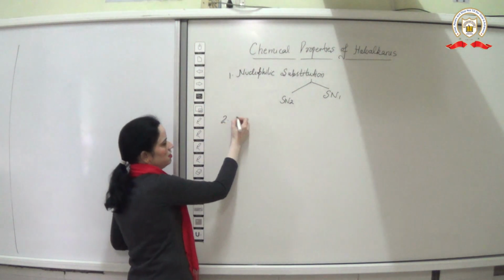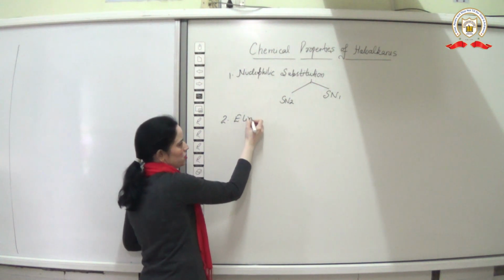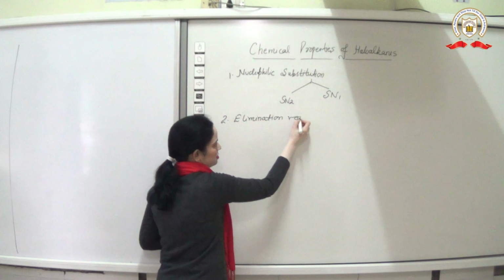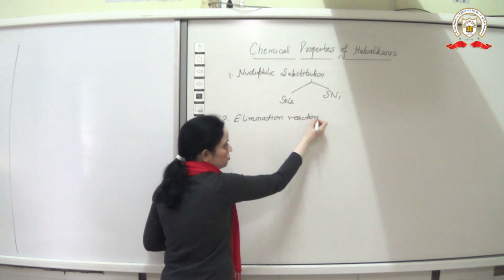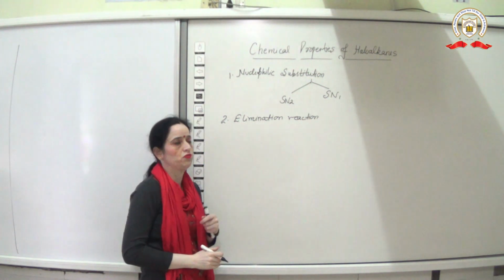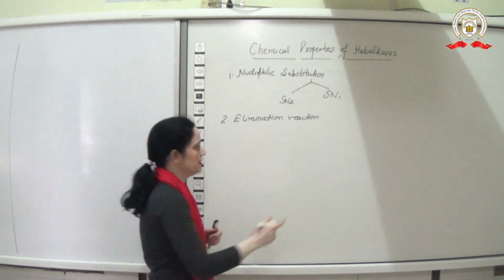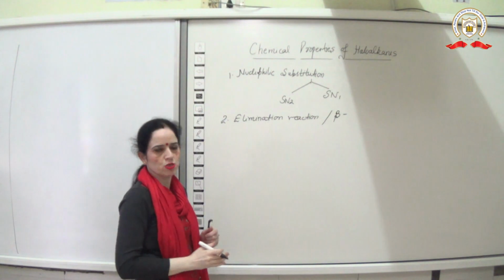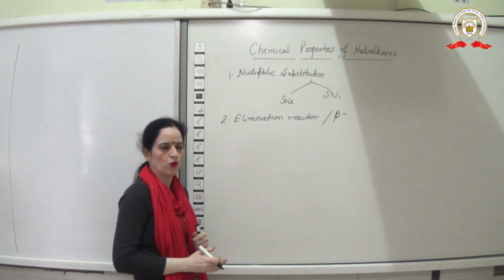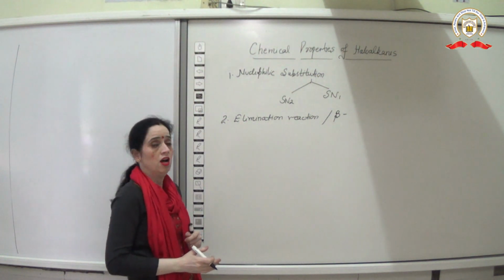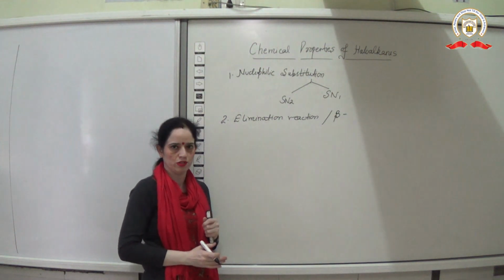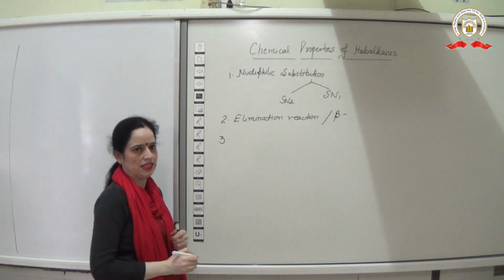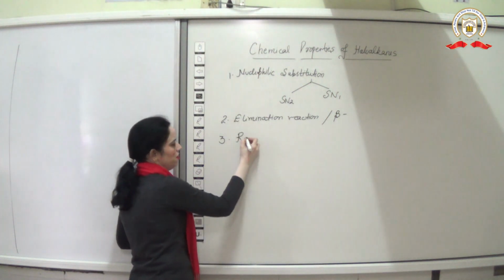The second, elimination reaction that occurs in presence of alcoholic KOH. Very important reaction, also known as beta elimination reaction. Beta elimination, because the hydrogen that we are removing is from the beta position. Now, in today's lecture, what we are going to start is the third type of chemical property of haloalkane, that is reaction